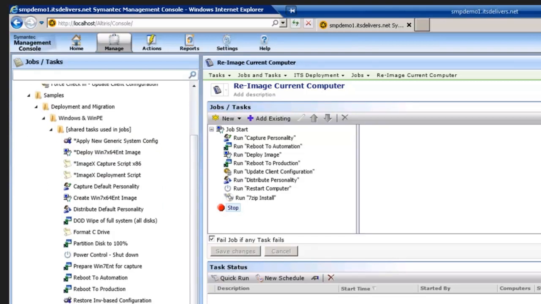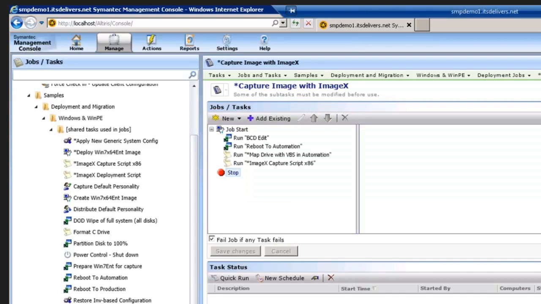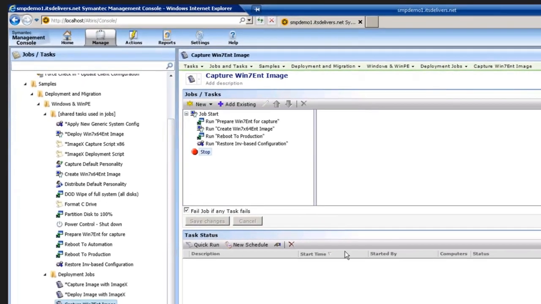I can capture an image with ImageX, or this is a little old, even capture my Windows 7 Enterprise image, and it's utilizing the same base types of tasks that I showed previously. I still need to prepare my system for capture, which essentially pulls all of the agent details, or the specific computer ID or machine GUID details, out of the registry for the specific device that you're trying to capture. And then once you pull those pieces out, it gives us the ability to allow the agent to be installed on the image to allow for immediate remediation and policy capture once the image has been deployed